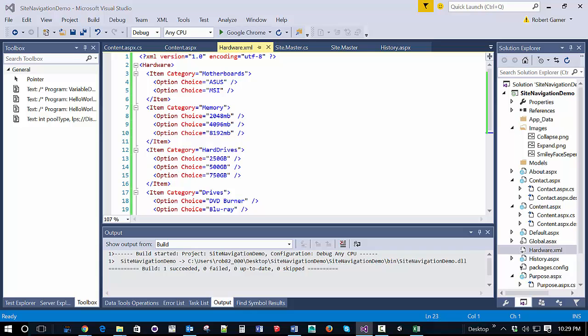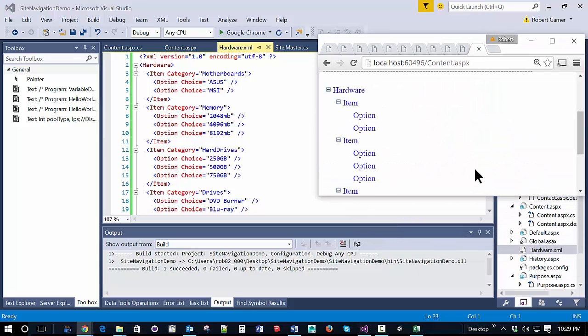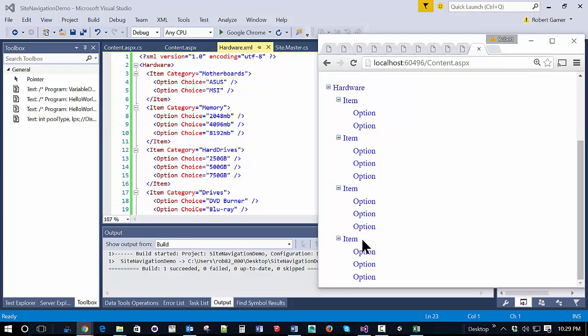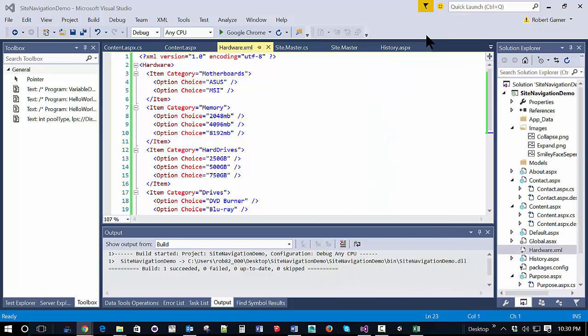We suspect it's lining up pretty well because I've got 1, 2, 3, 4 some odd items, and for every item I have in my XML file, there's one here. The problem is that by default, with a tree view, it's going to display the tag name, not any of the attributes. So what we need to do is bind the attribute we want to display here instead of item or option. The way we can do that